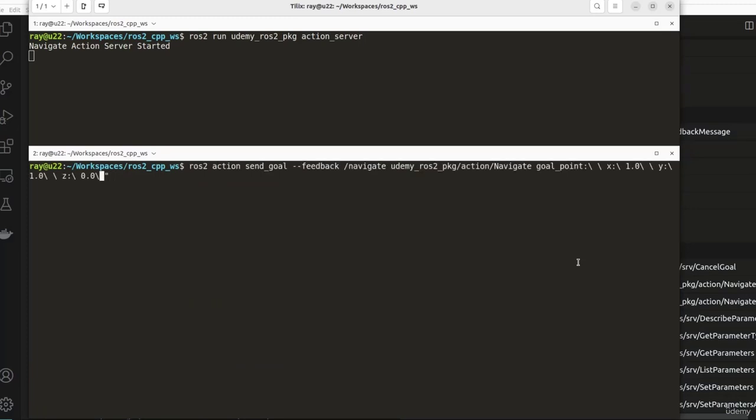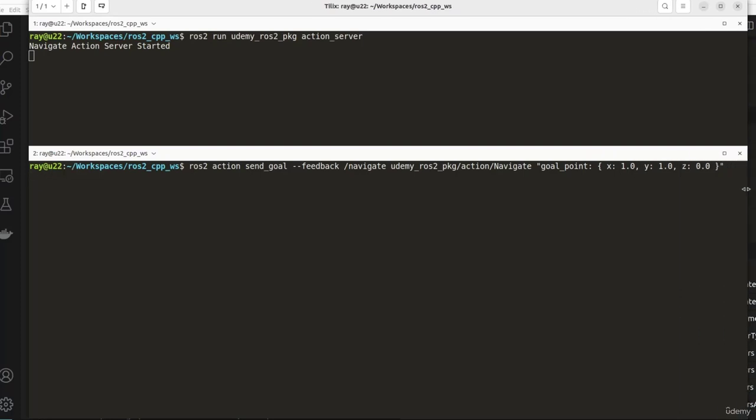I will go ahead and wrap the expression in double quotes. Then I will put a curly brace after the goal point to encompass X, Y, and Z. Then last but not least, we can remove all these silly slashes which were used for the terminal formatting and instead separate the X, Y, and Z attributes with commas. So if I go ahead and stretch this out just a little bit, we can see the full message. So now if I hit enter,